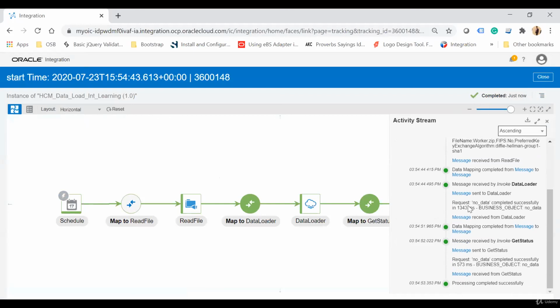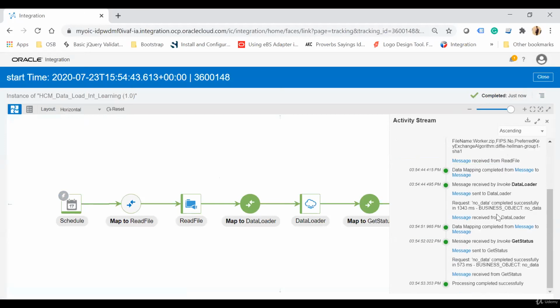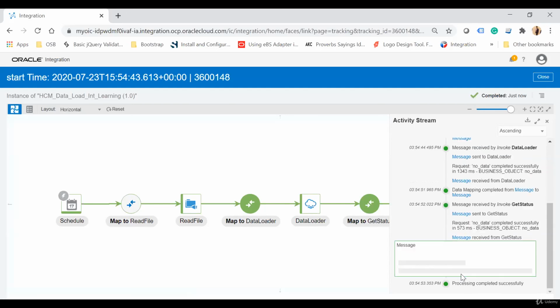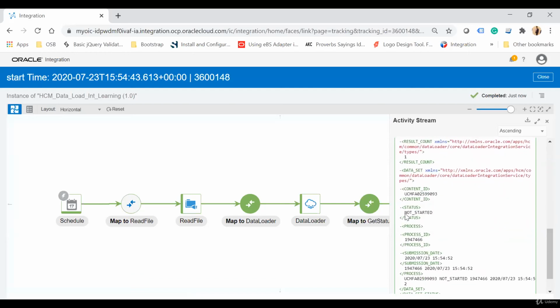and here you can see the data mapping completed message, and then message sent to get status, but before that message received from data loader. Just open this message, and here you see this is the process ID which you have received. So this ID is used to get the status. You can see message sent to get status and message received from get status. Open this, and here you see the status is not started,